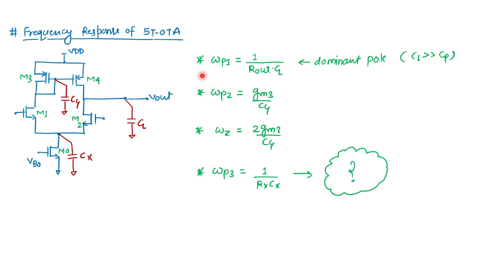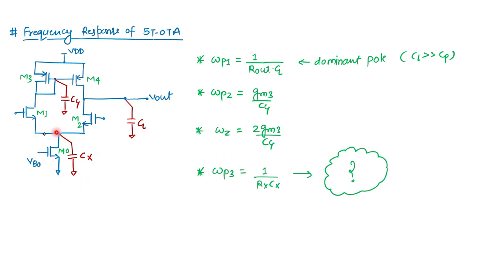Before that, I should recap here. What is the omega P1? We have calculated Rout CL. What is the omega P2? We have seen GM3 by Cy. What is the omega Z? Which is nothing but 2 GM3 by Cy. Okay. Now we will see what exactly the omega P3 is, which is nothing but coming due to this Cx